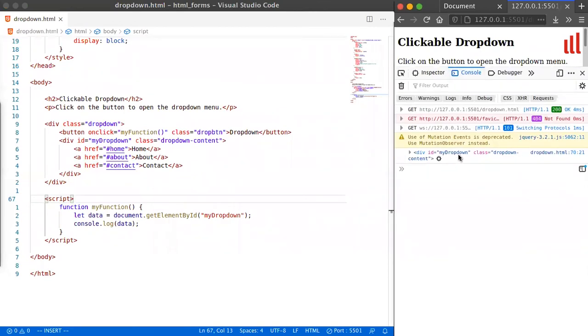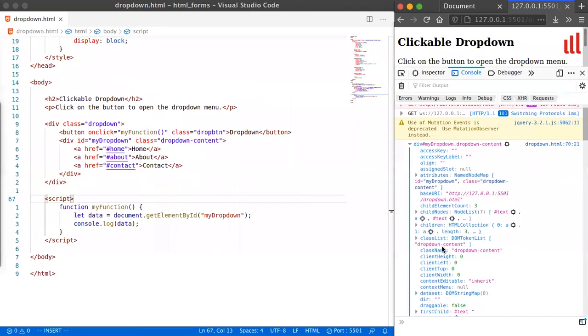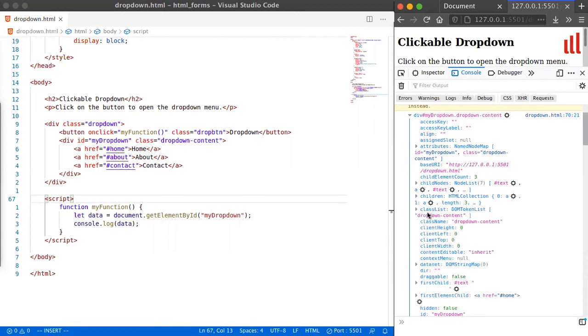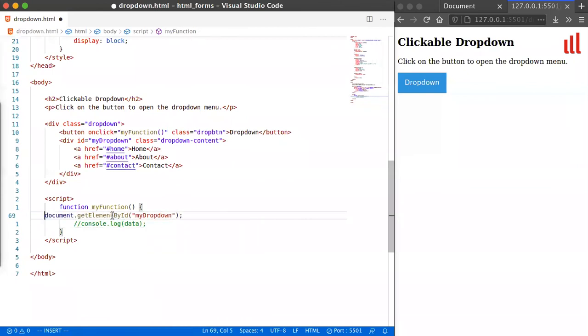Just look at this. Inside this, you are able to see this one class. Actually, you have to fetch the class list. Inside the class list you have the dropdown content and the length and the values, right? So what you have to do is toggle the value of the class list. When you change the class list to show, you'll be able to see your menu working. So instead of printing this data on the console, and instead of initializing the variable as well,